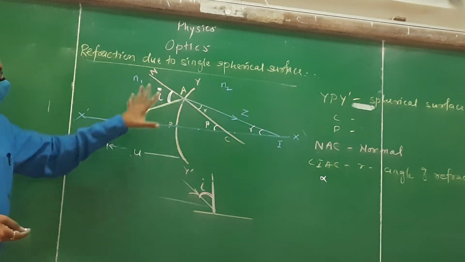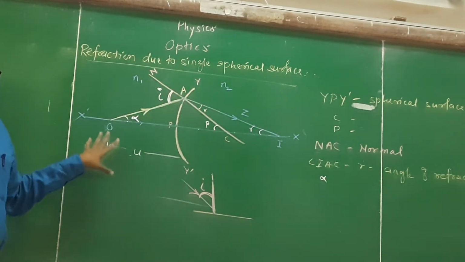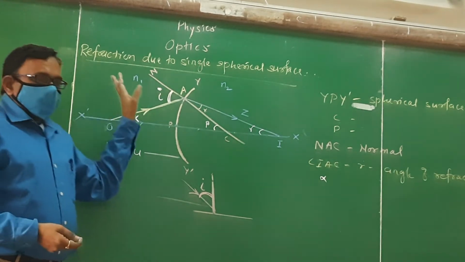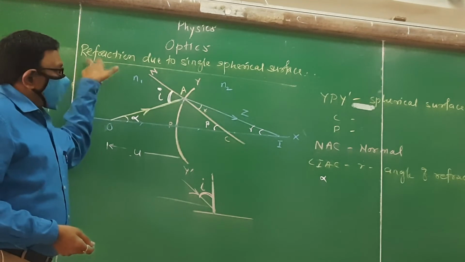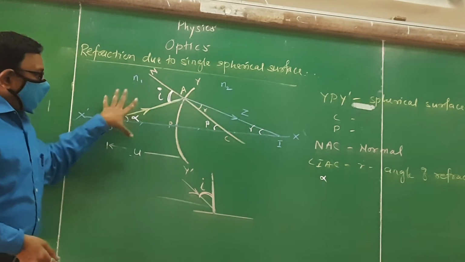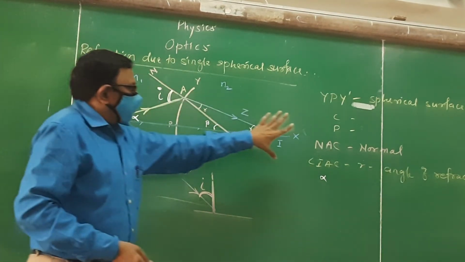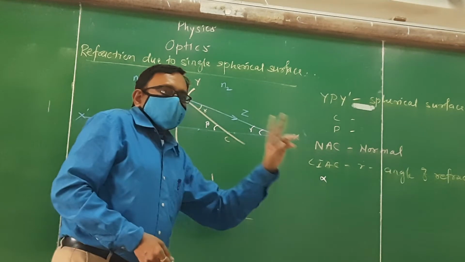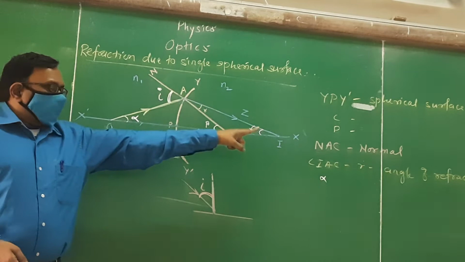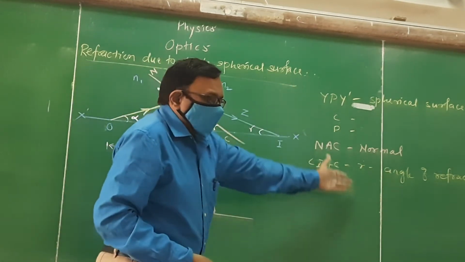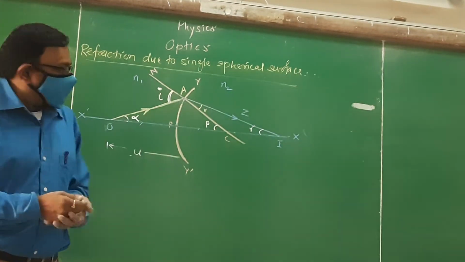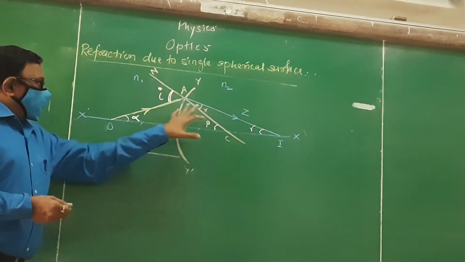Okay. Now this one is a complete diagram. This diagram is asked for 2 marks in the exam. The question is asked like this: draw the diagram of refraction due to a single curved spherical surface. You may draw this diagram first, then write the labels. If it is for 2 marks, draw the diagram for 1 mark and labeling for 1 mark. You may write all the labels. Understand?